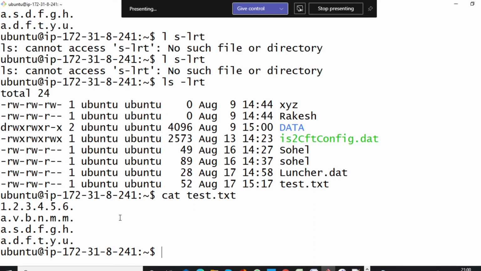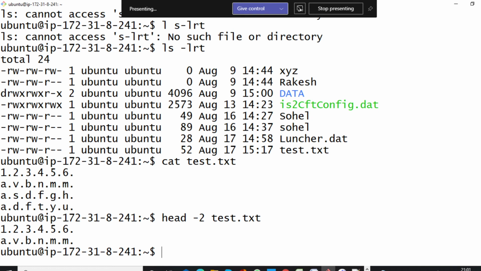Suppose someone asks you to print only the second line from the top. You know, head and tail commands you can use together. Head -2 then file name will print 2 lines.